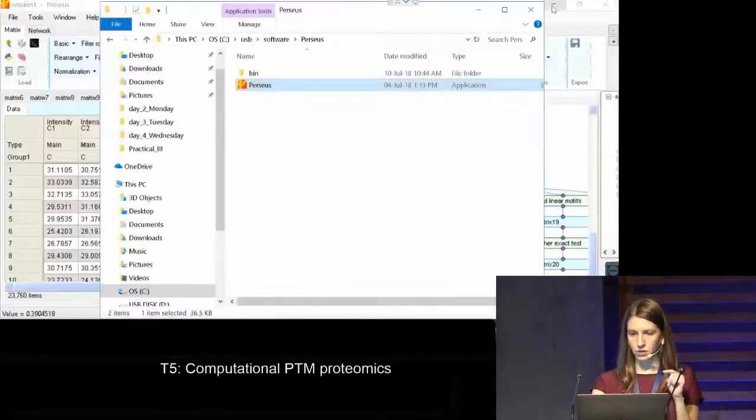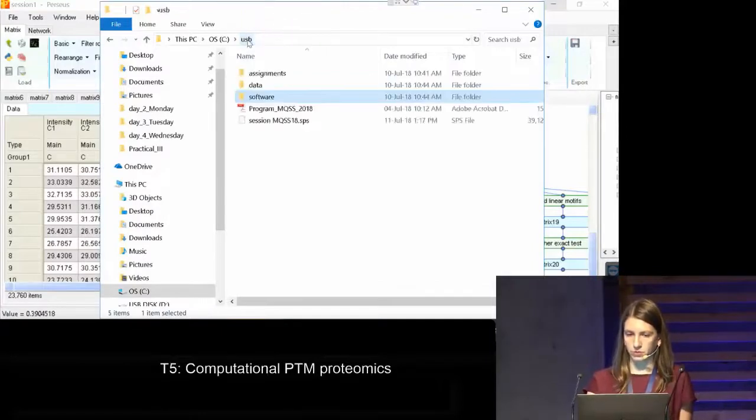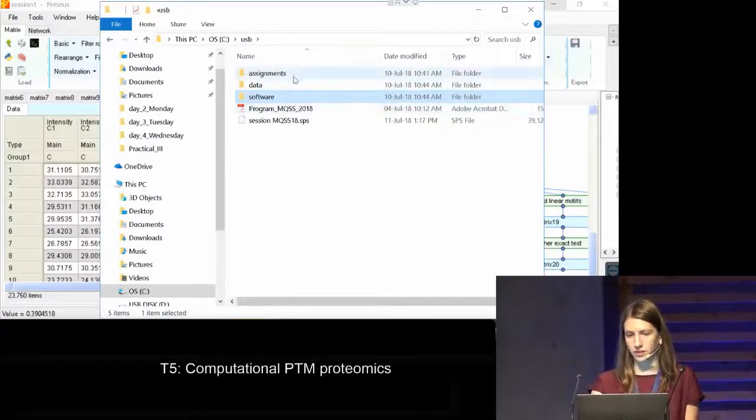We don't need to do it now because we have a really old version of this, but you're strongly advised to download the latest version, because we really have something that is quite old and we're not allowed to actually distribute it, so you'd have to do it yourself. But just for the sake of the exercise, you can go to the USB stick, Datum,